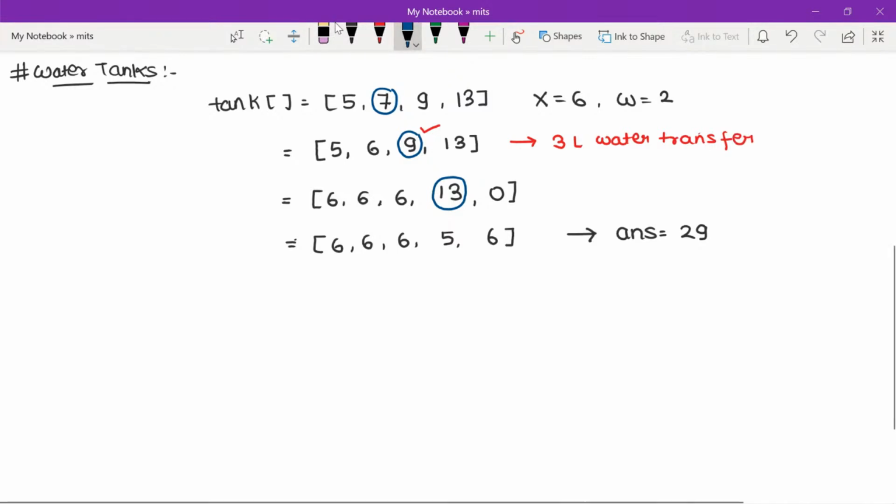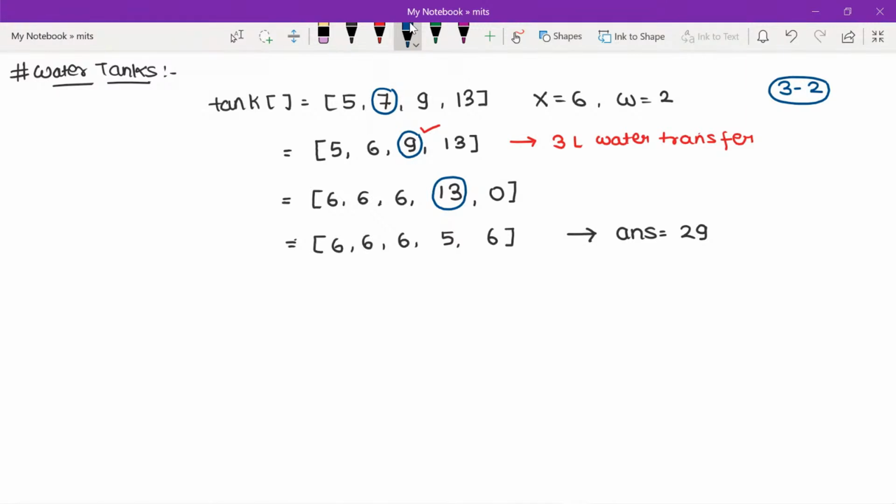My claim is that no matter whichever tank you select as the destination, the 2 units of water will always be wasted, right? So this 3 minus 2 will be the amount of water that you will get. So why not? Why is it not optimal to introduce a new tank,